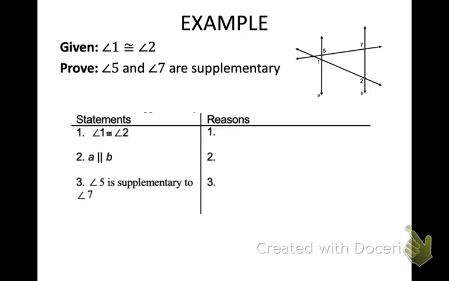Christian? Yeah. All right, line 1, we've got our given. So, 1 and 2 are congruent. Why would those lines then be parallel? What angle relationship is 1 and 2? Corresponding. So if corresponding angles congruent, then parallel. Because, right, my conclusion here is talking about parallel lines. What's written over here? Parallel lines